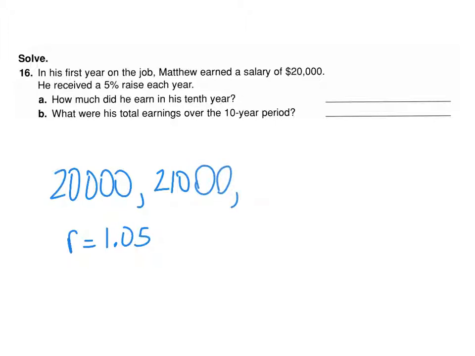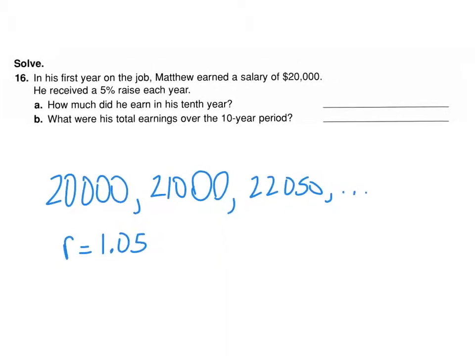And if we multiply by 1.05 again, you find out in the following year he's making $22,050, which looks like this. I'm showing you this because if you wanted to find out what he makes in the 10th year, you could just continue this sequence out. However, we already know that if we're trying to find a sub 10,